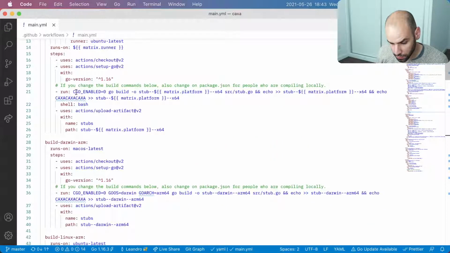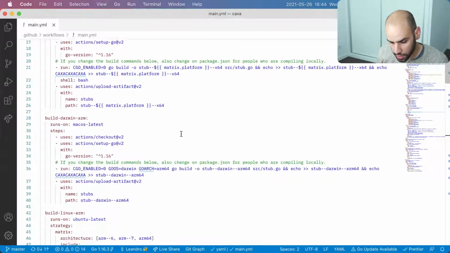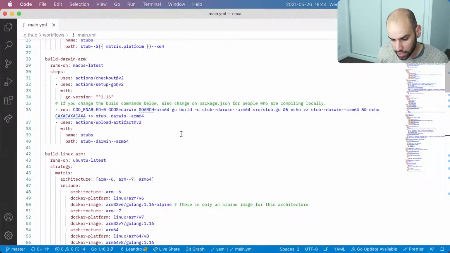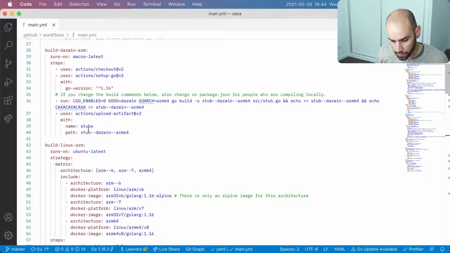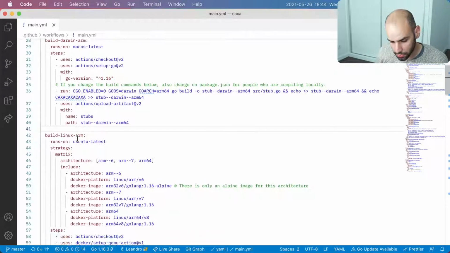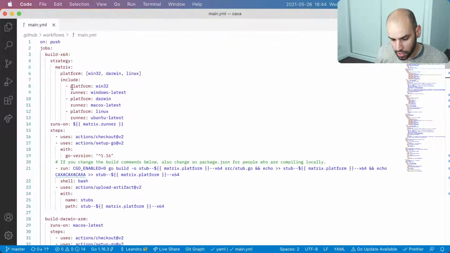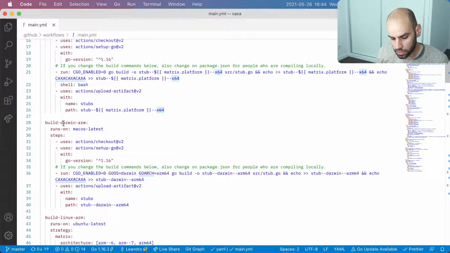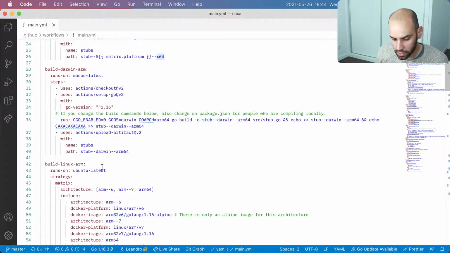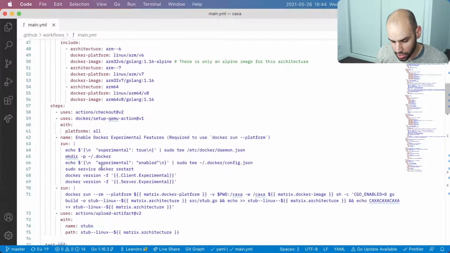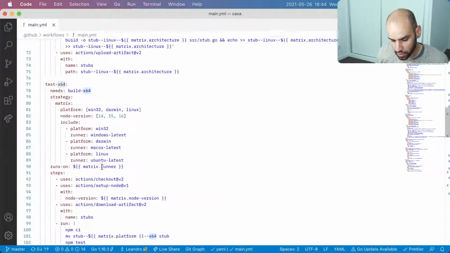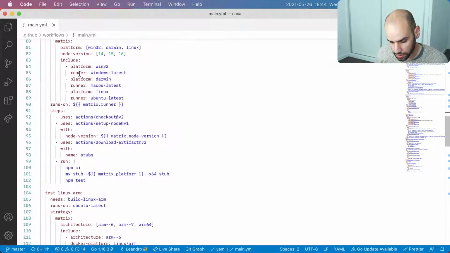We are just calling go and building the stub the right way, and then putting everything in the GitHub Actions assets. So the build of all these three parts, the Intel 64, Darwin ARM, and Linux ARM, I think we don't change anything here. Now for testing, we want to change some things.